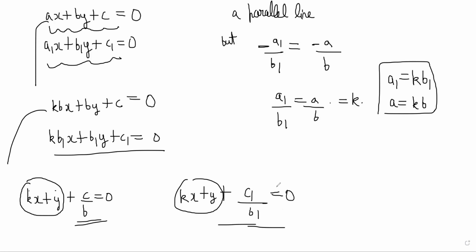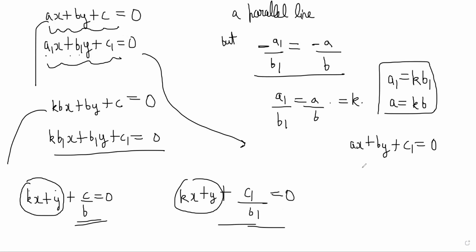So no matter if you write it as a1 b1 c1, totally different constants, if they are parallel, because m1 is equal to m2, you could have written it just like this. If one line is ax plus by plus c1 is equal to 0, the other line will be ax plus by plus c2 is equal to 0, right?